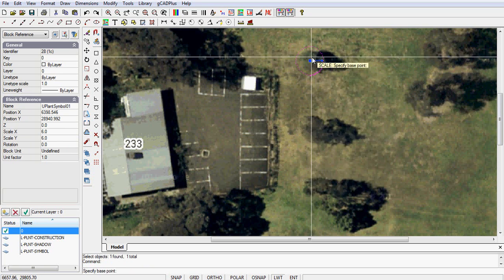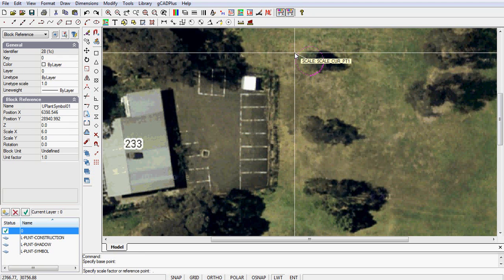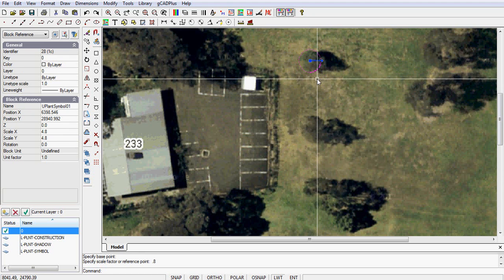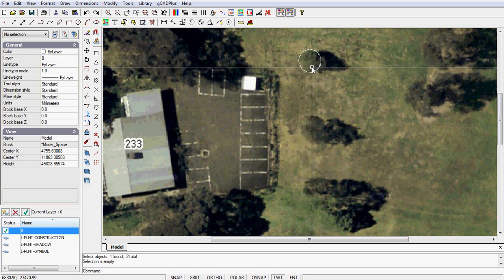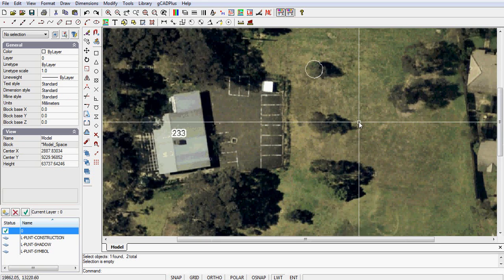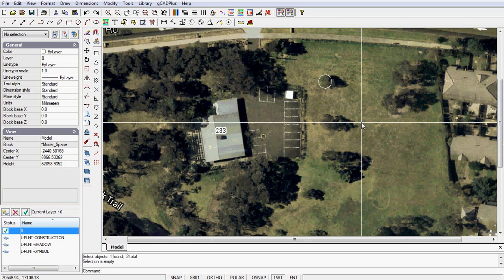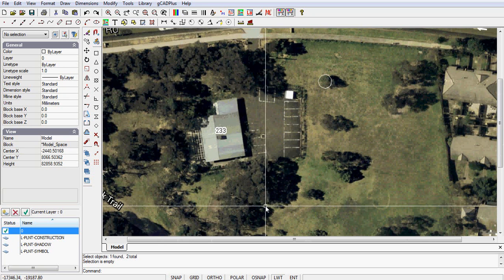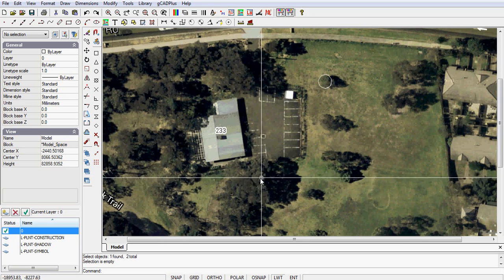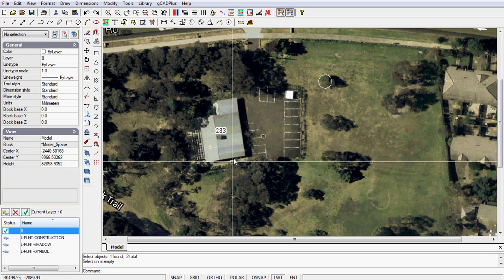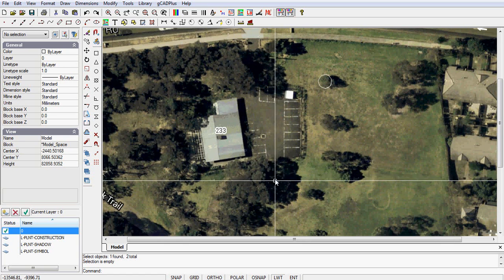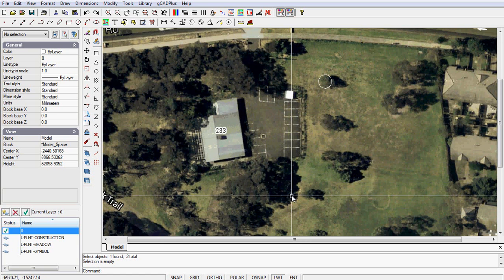So we'll scale down, and you can scale down by, say, 0.8, and we've got a pretty close match for the location of that tree, so you can work away, putting your existing vegetation in. See, here's another example, a big eucalypt, I imagine, running through there, might be one or a couple, and a big shadow. So can you see the advantage of using Google Earth to get information on that site without actually